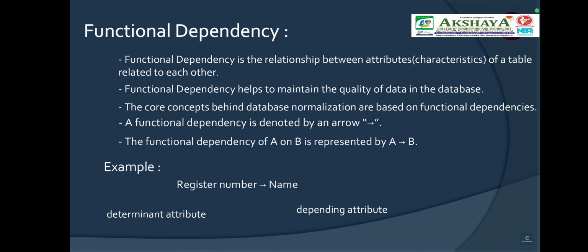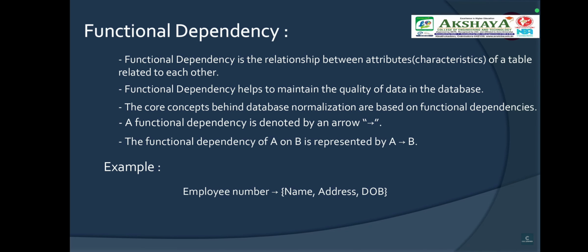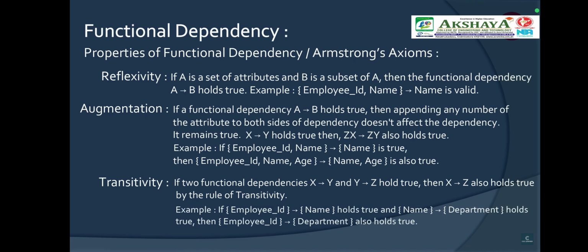The functional dependency is denoted by an arrow. The functional dependency of B on A is represented by A → B. Example, register number → name. Register number is a determinant attribute and name is a dependent attribute. Functional dependency is the relationship between the